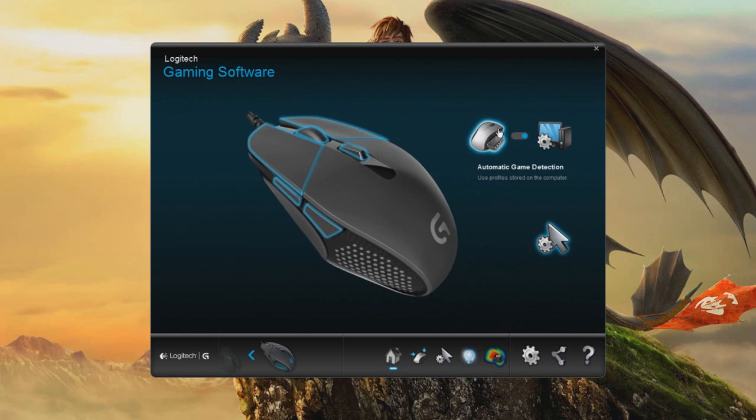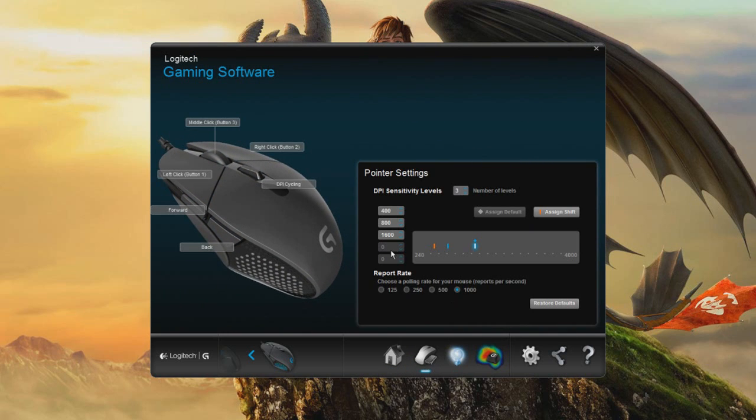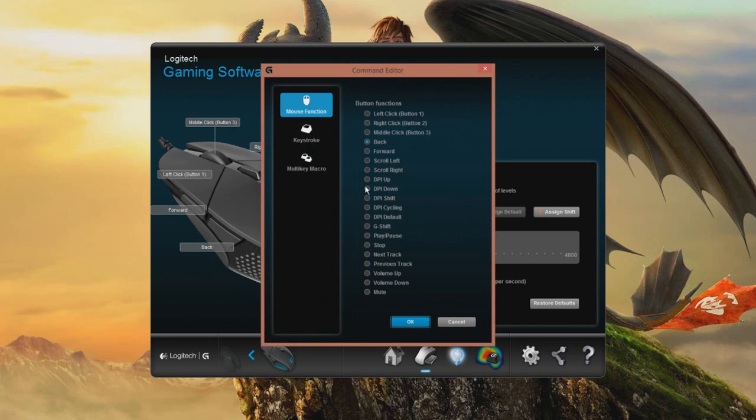But coming back, I actually run it through onboard memory, and if we go ahead and click this tab down here, we can set 5 DPI profiles up to 4000 DPI. I've got 400, 800, 1600, and use the DPI cycling button up here. Now you can also set a DPI shift button, which currently is set to the 400 setting, and if we go ahead and click this and hit edit, we can go down and just select DPI shift if we want to use that. We've also got G shift, which will give us a secondary function on all of the buttons,